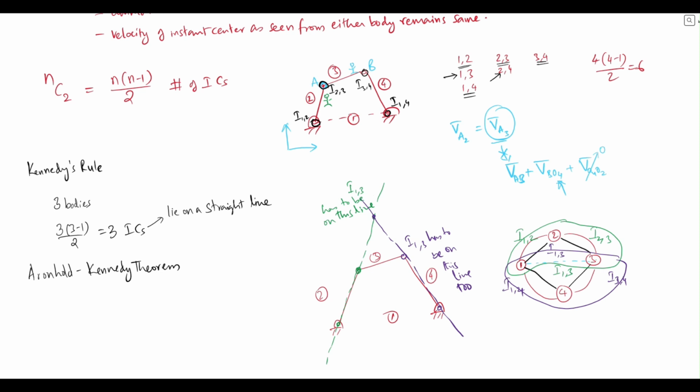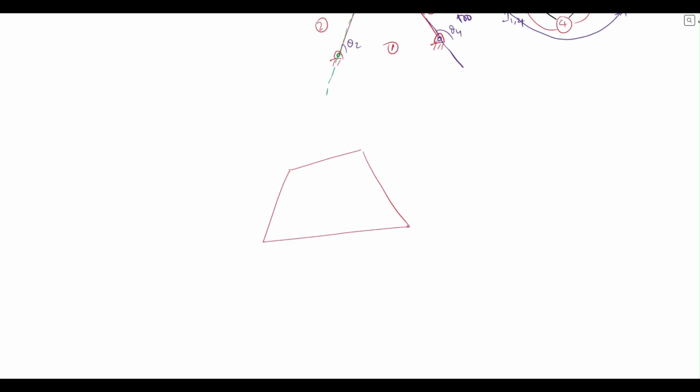So the only possible solution is this point. So at this given instant, when the angles are specifically these theta 2, theta 3, and theta 4, this has to be I13. We can similarly find I24. So these are the four links,